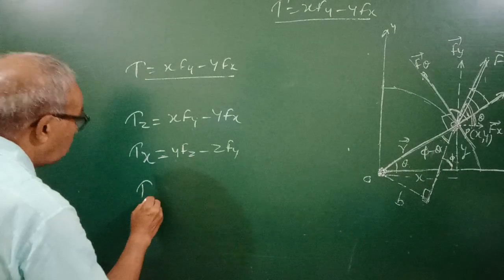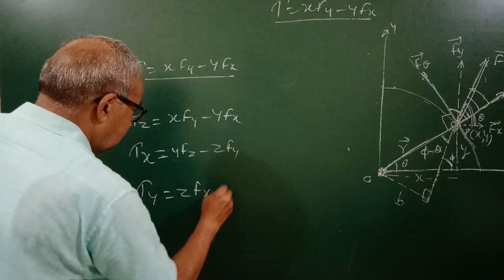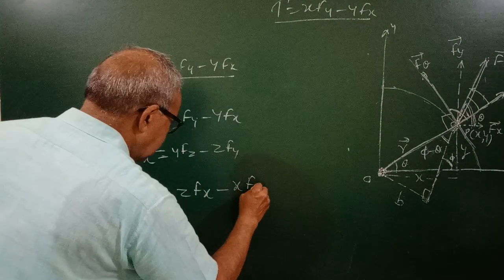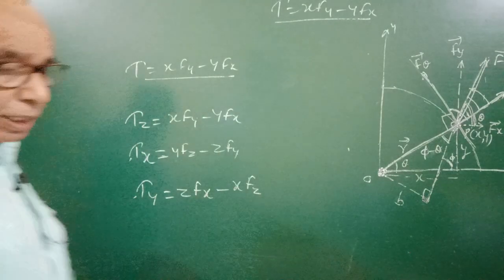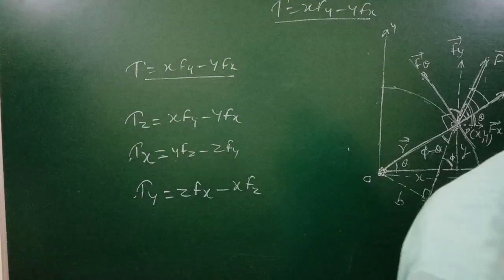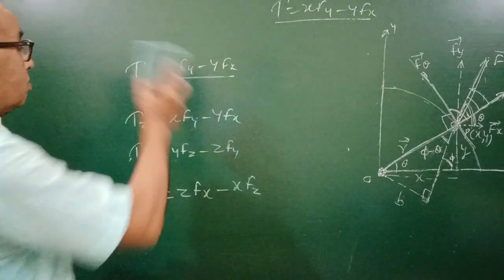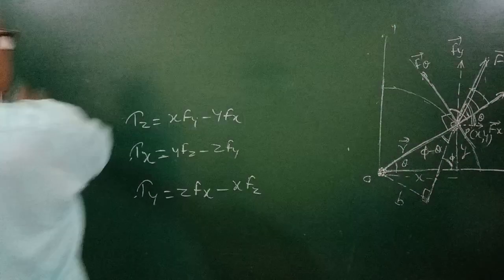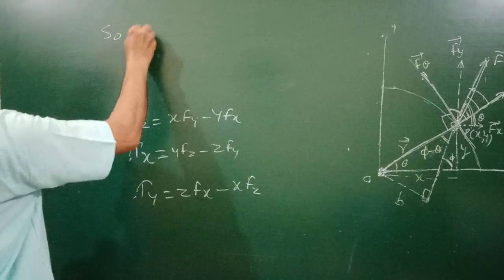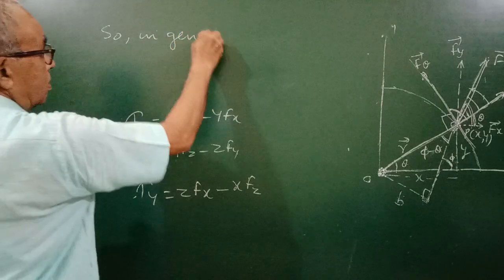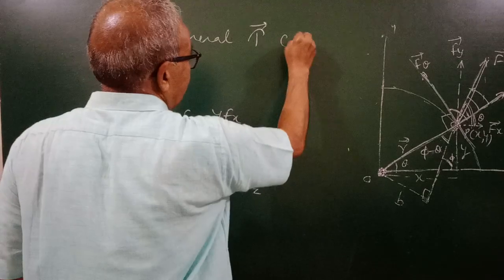And tau y will be z Fx minus x Fz. So tau x, tau y, tau z are three components of vector torque. Here, if tau is a vector, so in general, tau vector, tau can be written as